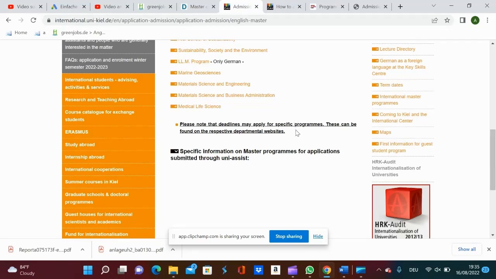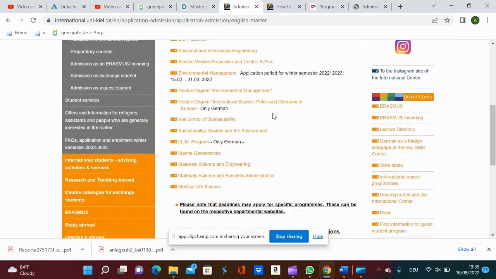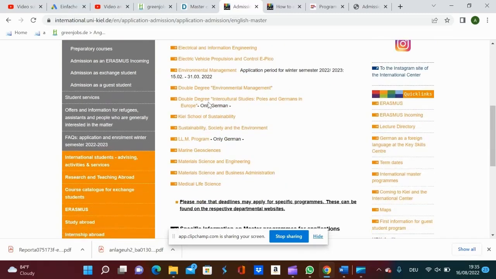So with this particular university, some of their courses are submitted through Uni Assist and some of them to the school directly. So let's just take an example of a master program, for instance, environmental management, double degree in environmental management.